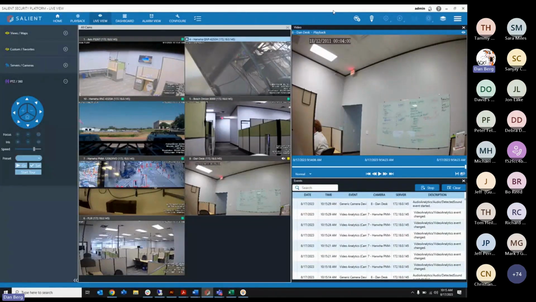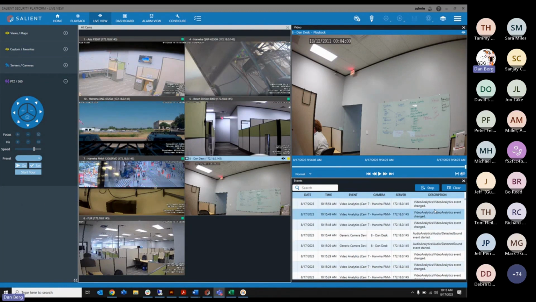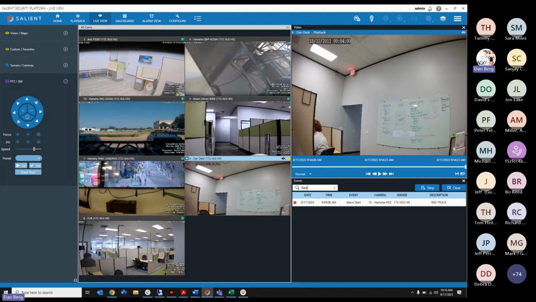All right. And you can see the familiar Complete View desktop client, yes? Yep, coming through great. Awesome. All right. So in this simplified view, in the lower right corner, I've got all of the events that have been enabled coming into the events pane there. And of course, we've got a search function in there. So I can say, let me search for red. Okay, so this is an analytic from Vaidio, red truck. So anytime a red truck passes by the office out there,